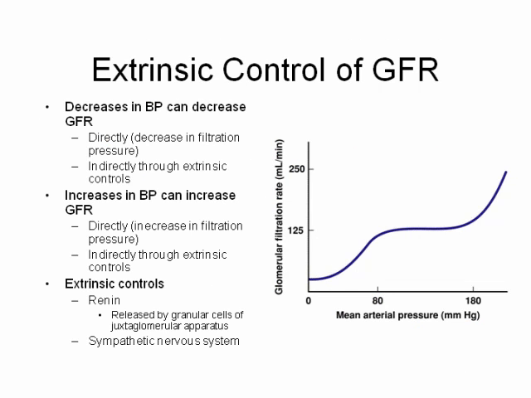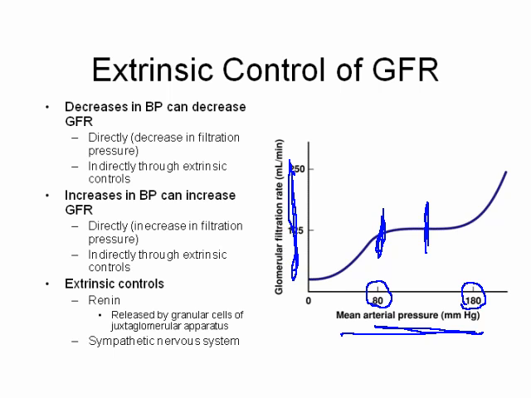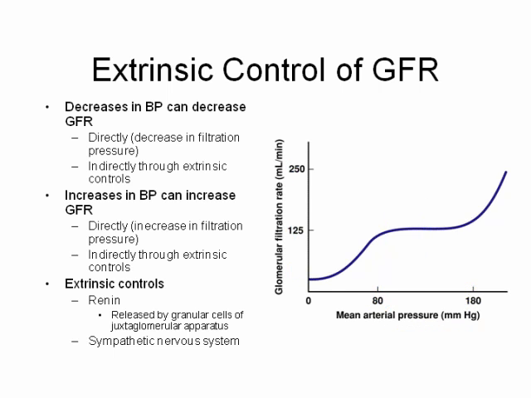So remember, that was intrinsic control. Now let's look at extrinsic control of glomerular filtration rate. First of all, glomerular filtration rate has a complicated relationship with mean arterial pressure. Between 80 millimeters of mercury and 180 millimeters of mercury, which is relatively normal. Now, 180 is obviously above normal, but 80 is on the low end of normal. And 100, which is considered normal blood pressure, is about here. But within this range of between 80 and 180 millimeters of mercury,